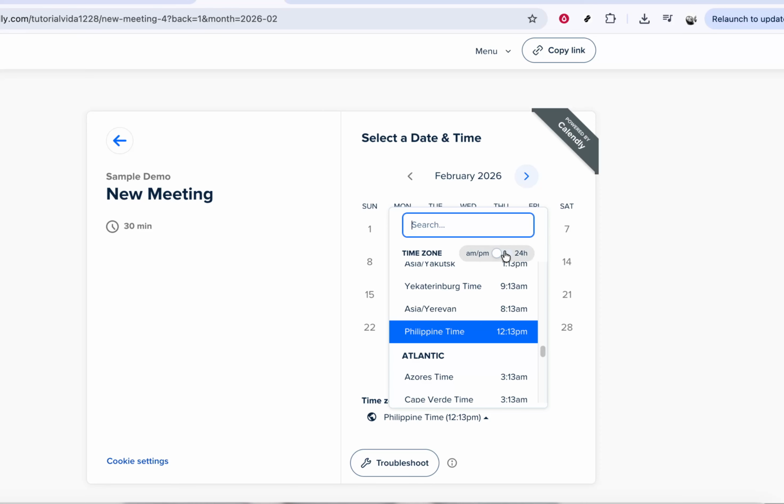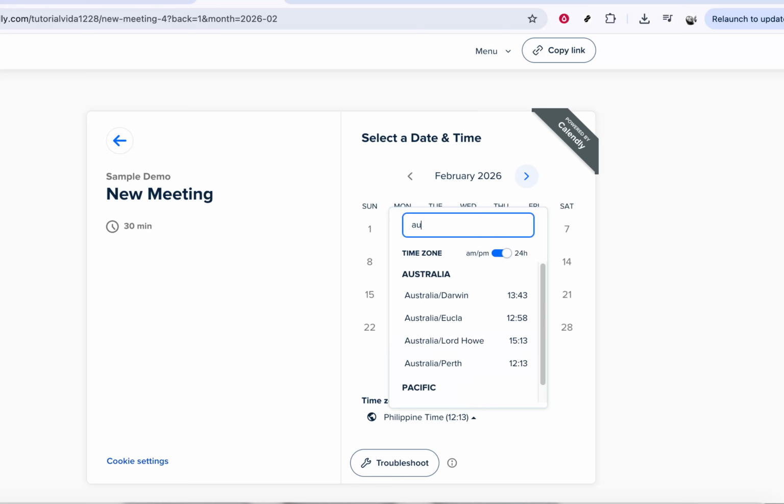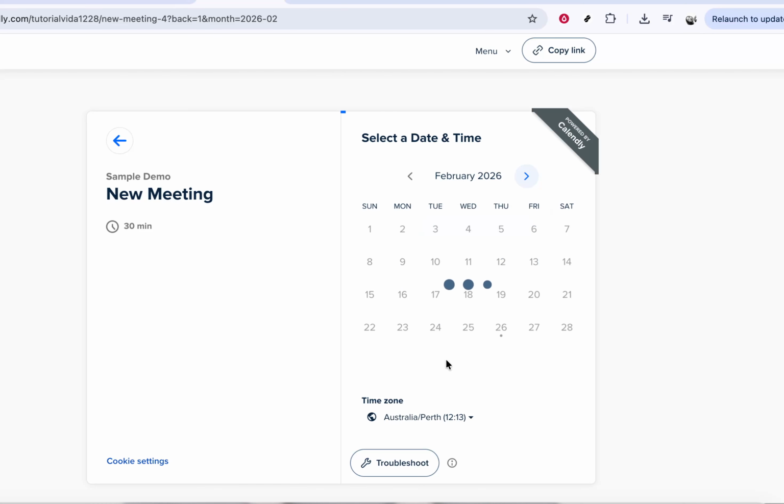If anything looks off, you can simply go back to the scheduling tab and adjust your event types or availability, then refresh the landing page to see the changes. You can also copy the URL of this landing page directly from your browser's address bar. This link is what you'll share in emails,